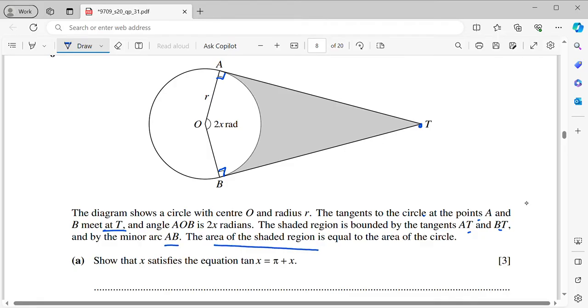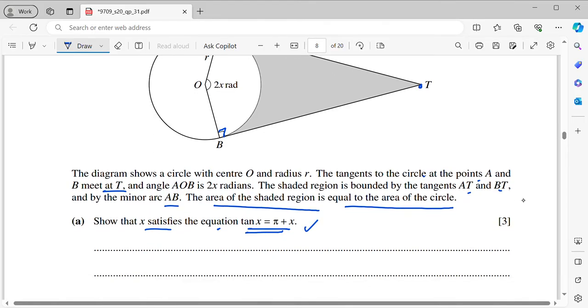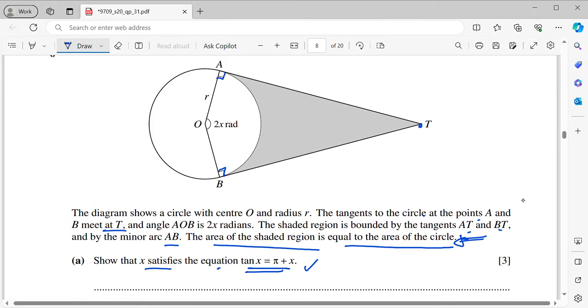The area of the shaded region is equal to the area of the circle. So now show that x satisfies the equation tangent x equals pi plus x. So we need to show this using this statement. Alright. So now, area of the circle. Okay, area of the shaded region. So from here I will say that it is basically